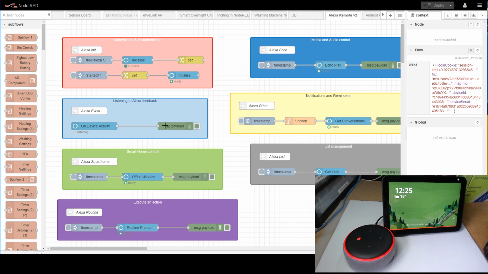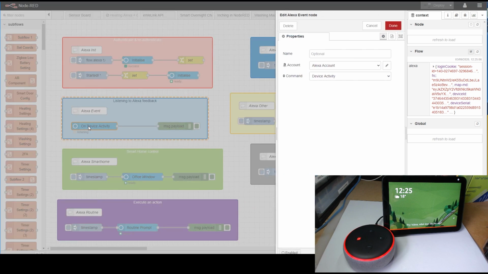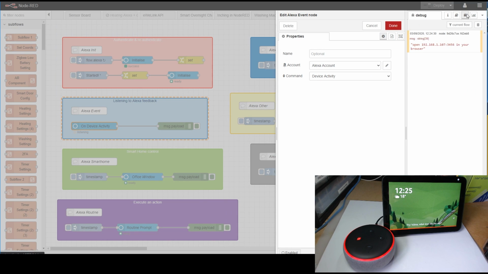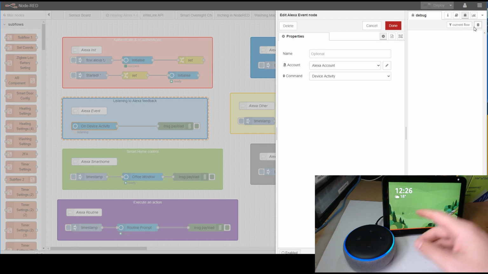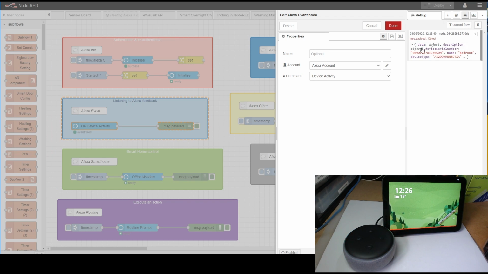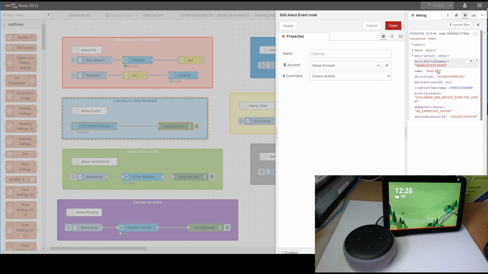And the first thing that we're gonna talk about is the on-device activity. Whenever something happens on Alexa devices, they will send you an information about it. It doesn't happen for every single event, but for example, when you have a failed voice search, so let's press the voice search button. Let's unmute it. Press the voice search and fail it, and you'll see on the debug that it will display the information about the failed voice search from bedroom